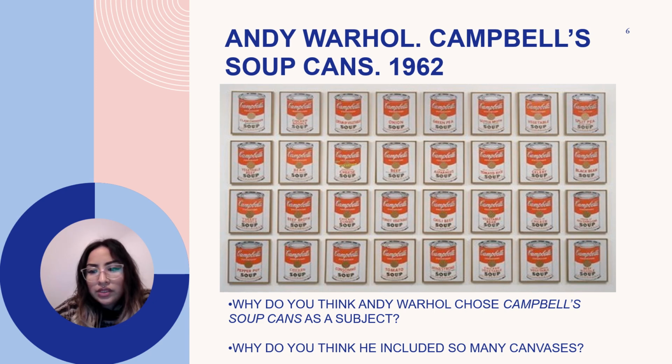When Warhol first exhibited Campbell's soup cans in 1962, each of the 32 canvases rested on a shelf mounted on the wall, like groceries in a store. The number of paintings corresponds to the varieties of soup then sold by the Campbell Soup Company. Warhol assigned a different soup variety to each, checking them off on a product list supplied by Campbell's once the portraits were completed. Why do you think Andy Warhol chose Campbell's soup cans as a subject?